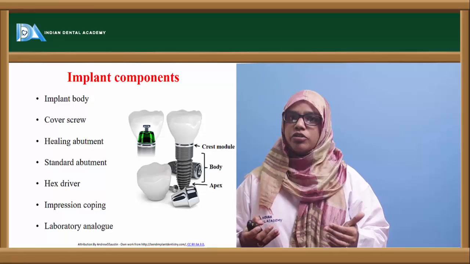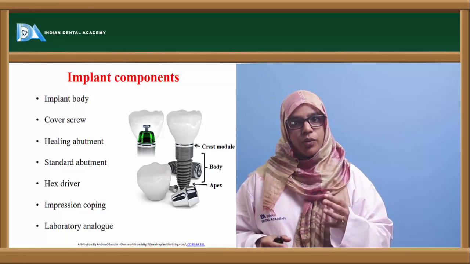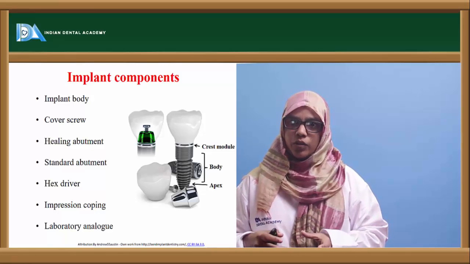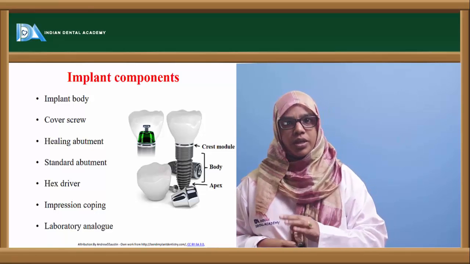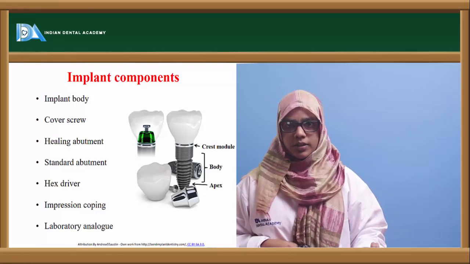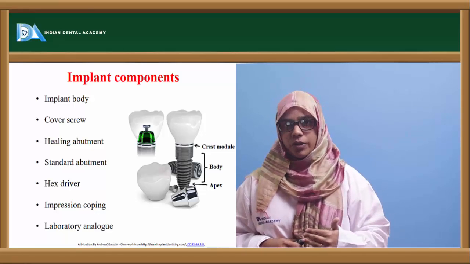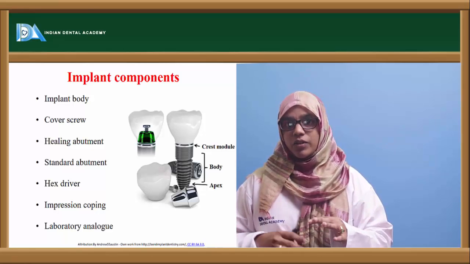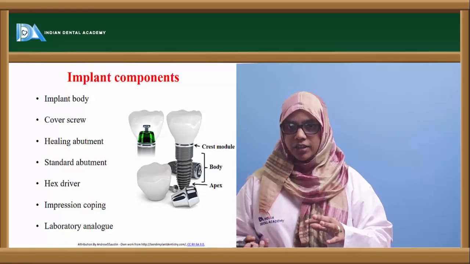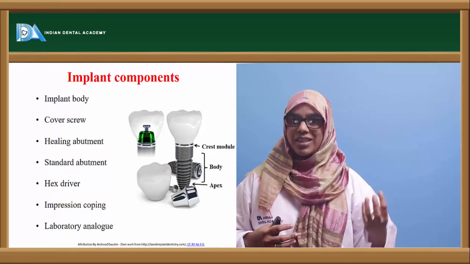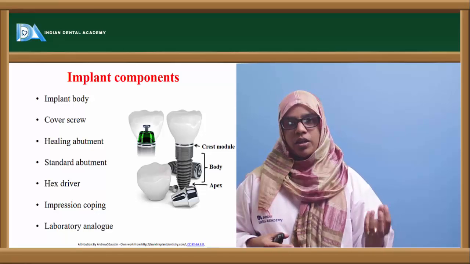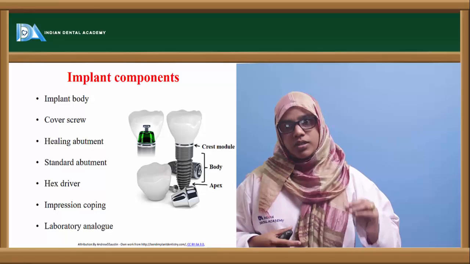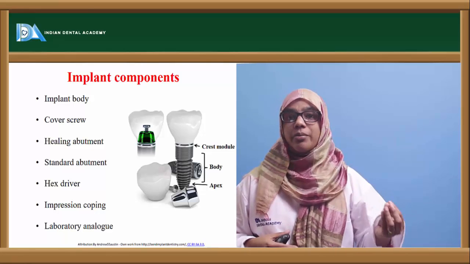So, you cannot have the patient continuously at your clinic. You have to have a simulated cast. To have a proper position of the implant in the oral cavity, you will put an impression coping and then transfer this impression coping over the cast. Then comes a lab analog. Lab analog is nothing but an implant that will simulate the implant in the bone onto the cast, that goes inside the cast. That is the lab analog. Because your impression coping has to sit on something in the cast, it will sit on the lab analog, which will mimic an implant in the cast.